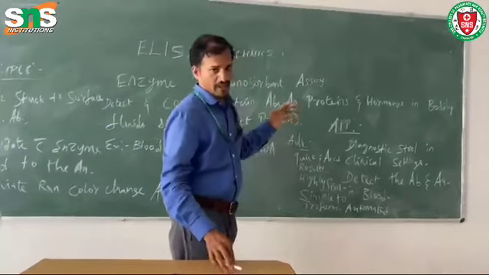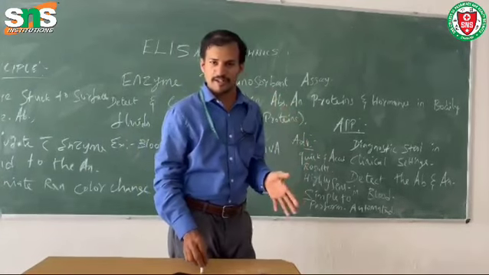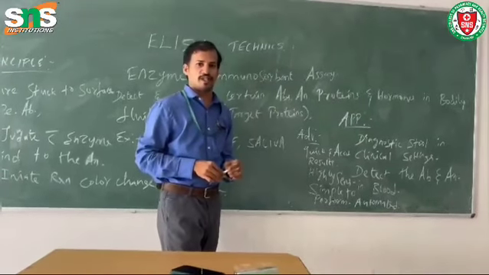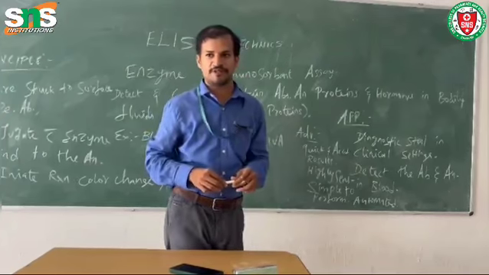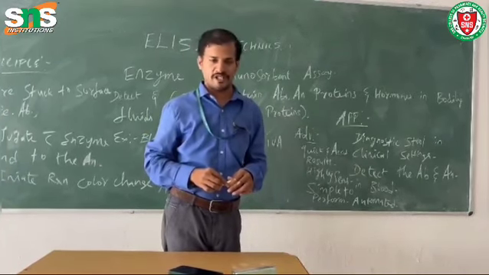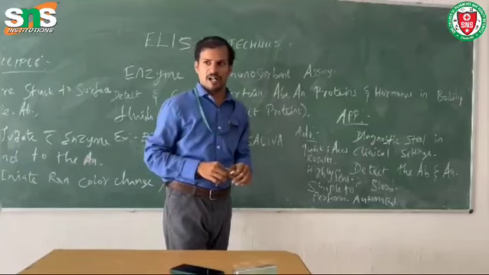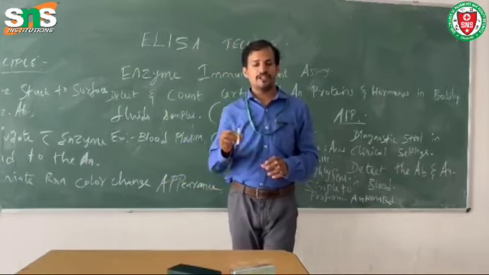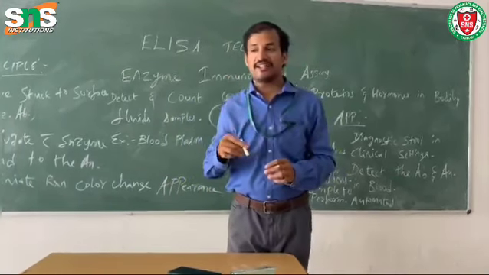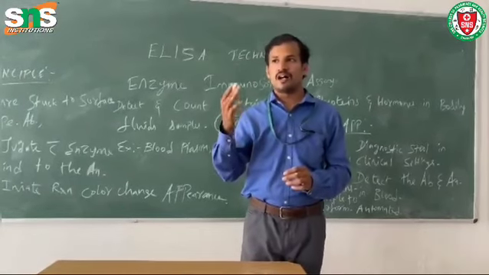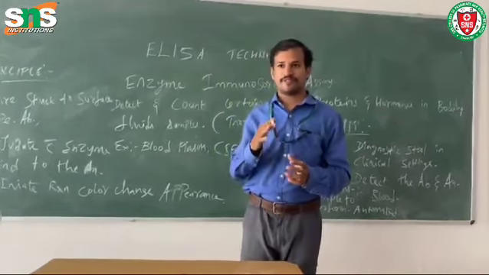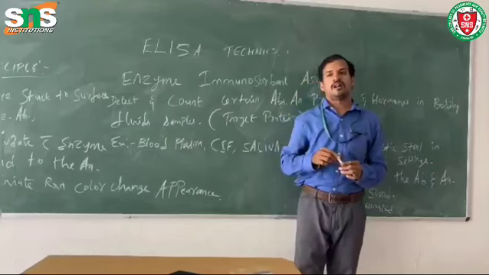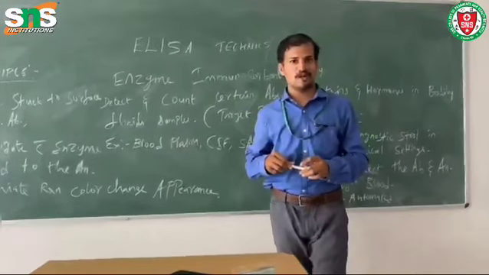Now ELISA here also includes Western blot and Southern blot techniques. The ELISA Western blot technique is used for antigen-antibody measurements, like antibody resistance activity, and also for identification and diagnosis of diseases, such as autoimmune disorders. These are the ELISA Western blot techniques.